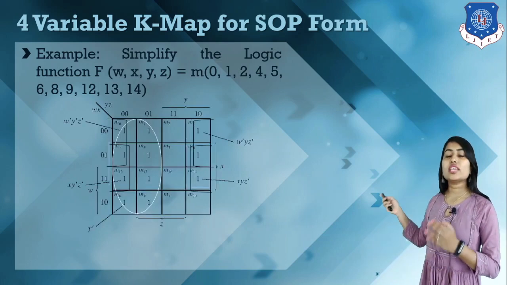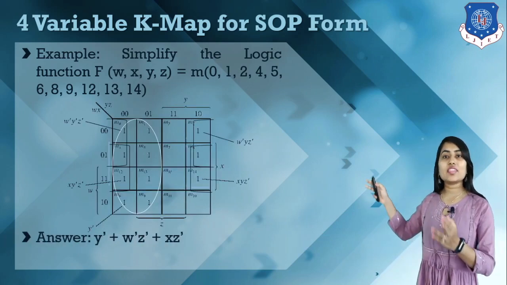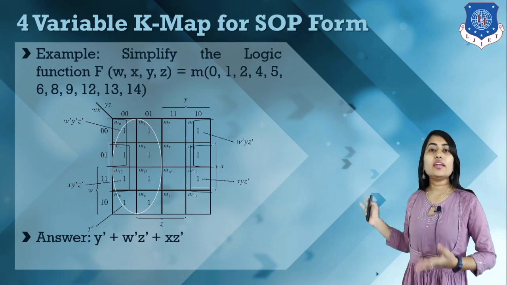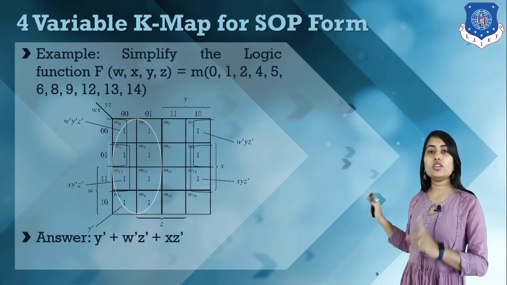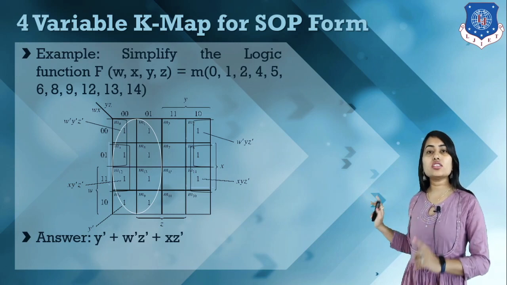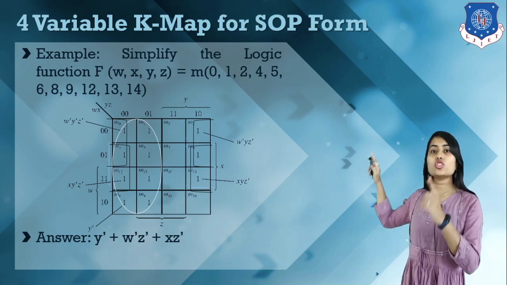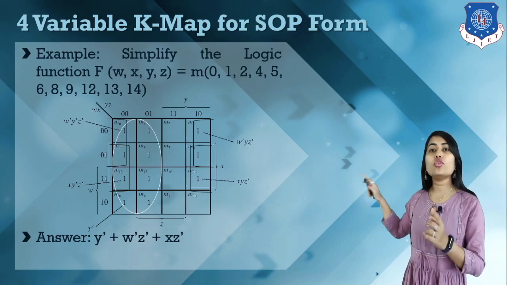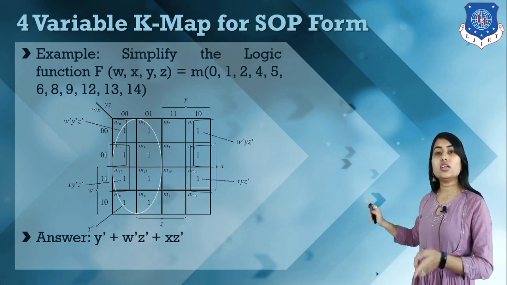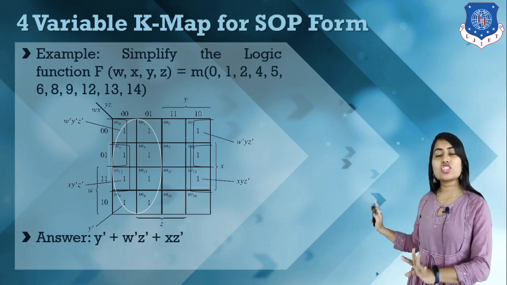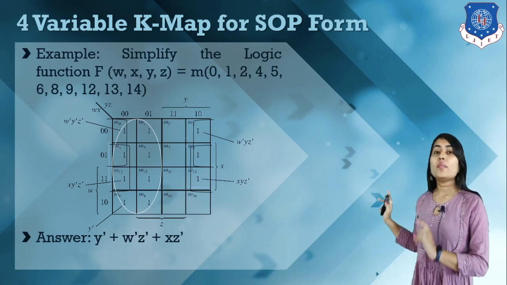So here we can make a K map like this, and then make a group, and we write our answer. So here we mention the values of 1. Remember, here we write values like this: 0, 1, 2, 3, 4, 5, 6, 7, 8, 9, 10, 11, 12, 13, 14, 15. So we have to mention the values like this only. Then make a group.